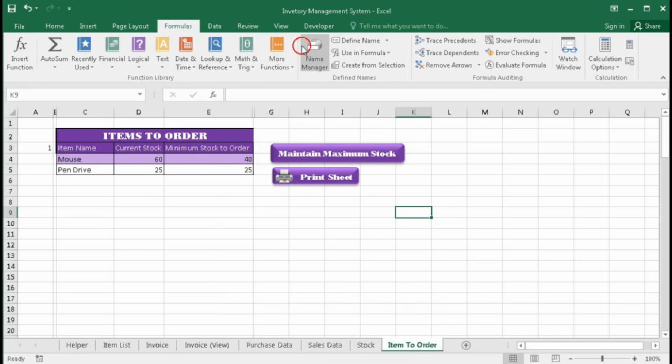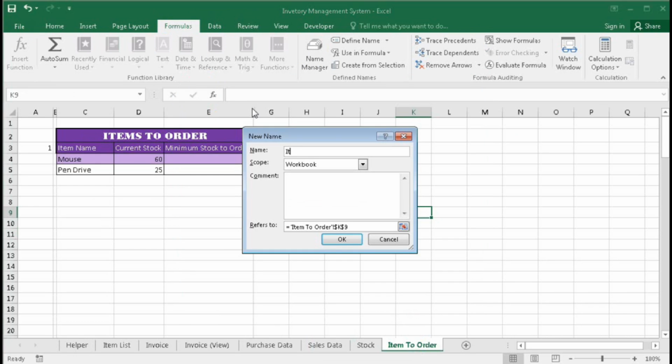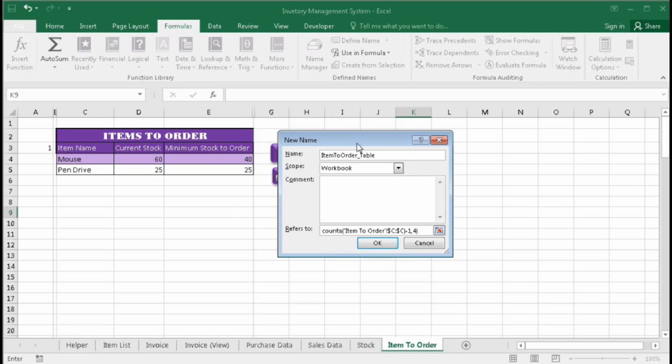So formula name manager, new, item to order underscore table, and here equal to OFFSET bracket open this range comma 0 comma 0 comma COUNTA bracket open, select this cell and it should be C bracket close minus 1 comma 4, because we have 4 columns here, one is hidden.